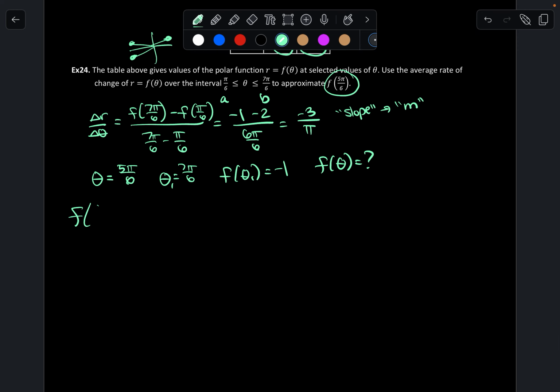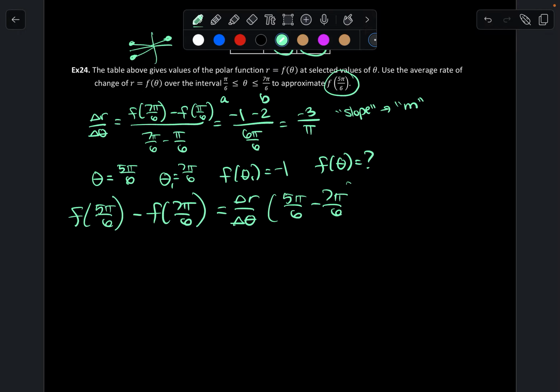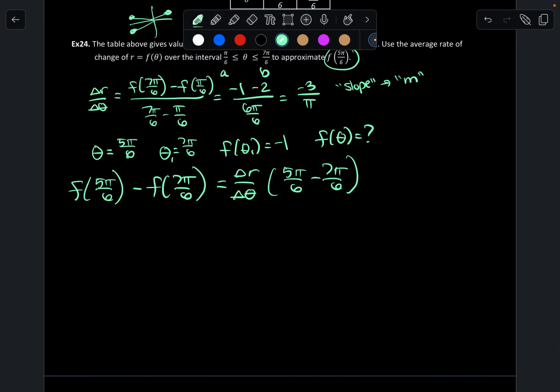All right, so f of 5 pi over 6, if we think of our point slope formula, we're going to do minus f of 7 pi over 6, which is equal to delta r over delta theta times the theta we are solving for, 5 pi over 6, minus the one we are using, 7 pi over 6. So this is what we're looking for. Again, this is our y minus y1 is equal to m times x minus x1. So f of 5 pi over 6, that's what we're looking for, minus f of 7 pi over 6 is equal to